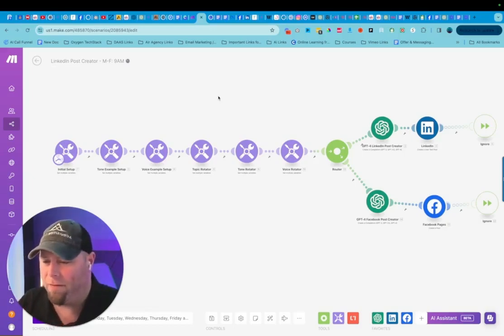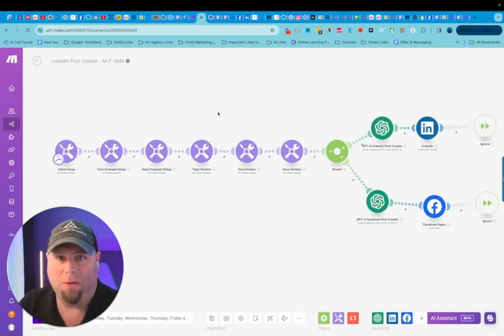I have absolutely cracked the code on content generation with one of the best combinations of automation and AI that I've come across yet. Let me break it down for you real quick. I've actually been able to generate LinkedIn profile posts and Facebook posts every single day. And not only that, but it sounds and looks just like it was written by a human being. I know it sounds too good to be true.